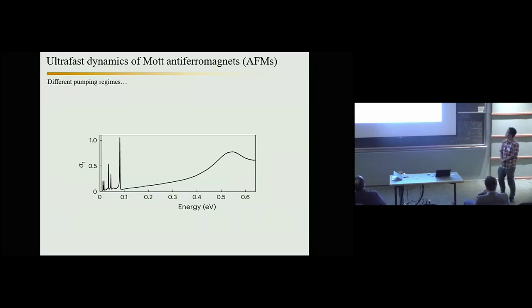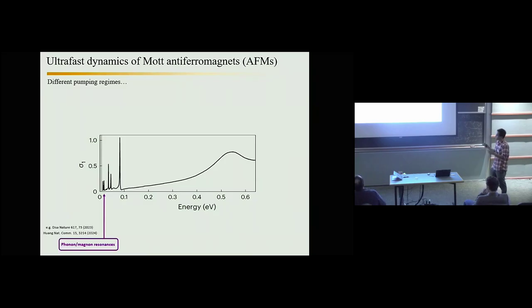Generally, we're very interested in light-induced ultrafast dynamics of Mott antiferromagnets, and there's a lot of activity in the field surrounding this topic. In a very simplistic way, you can think about all the different ways you can manipulate this phase through pumping at different photon energies. So for instance, if this is some prototypical conductivity curve for a 2D Mott antiferromagnet,